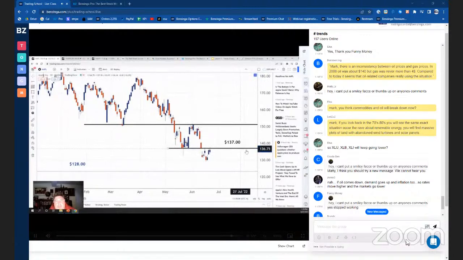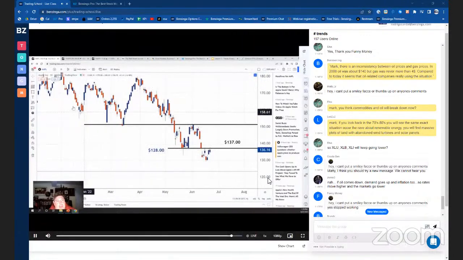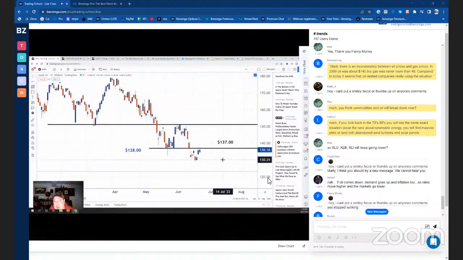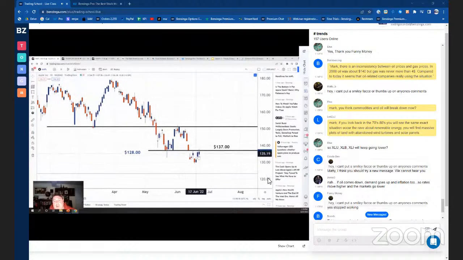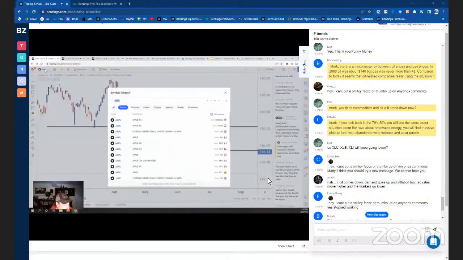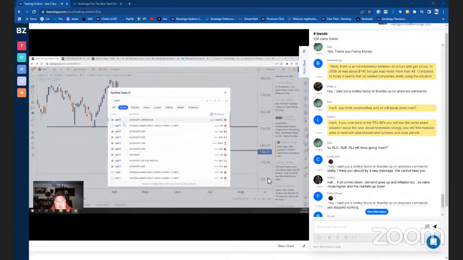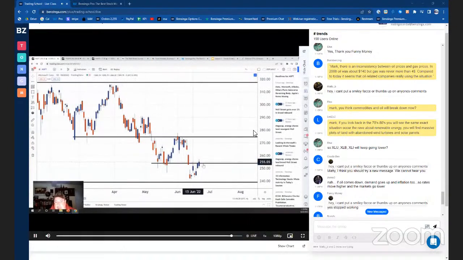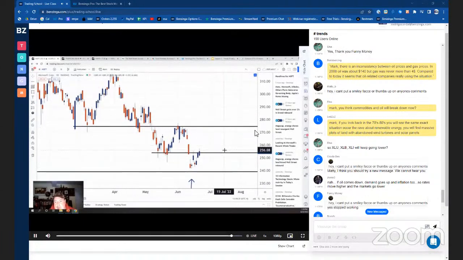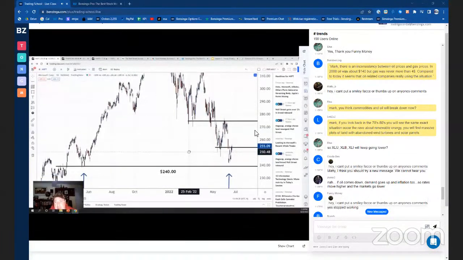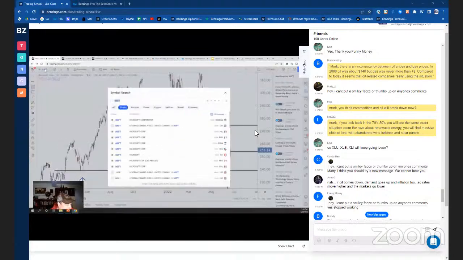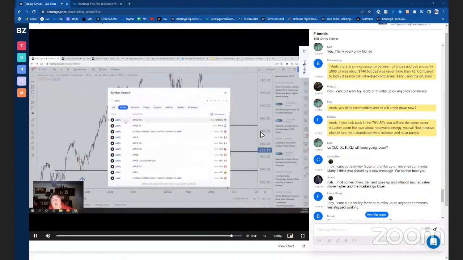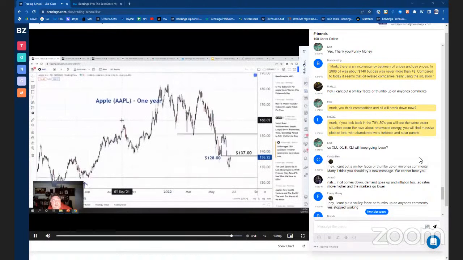I think if you got to keep in on Apple, as long as Apple stays below this 137 level, we're not going to get a significant move higher in the broader market, because this is just too big of a part of it. And with Microsoft, we're kind of just testing this resistance here. So those are going to be our signs to watch on the upside. If those resistance levels start breaking away, you're going to see the market start to move higher.